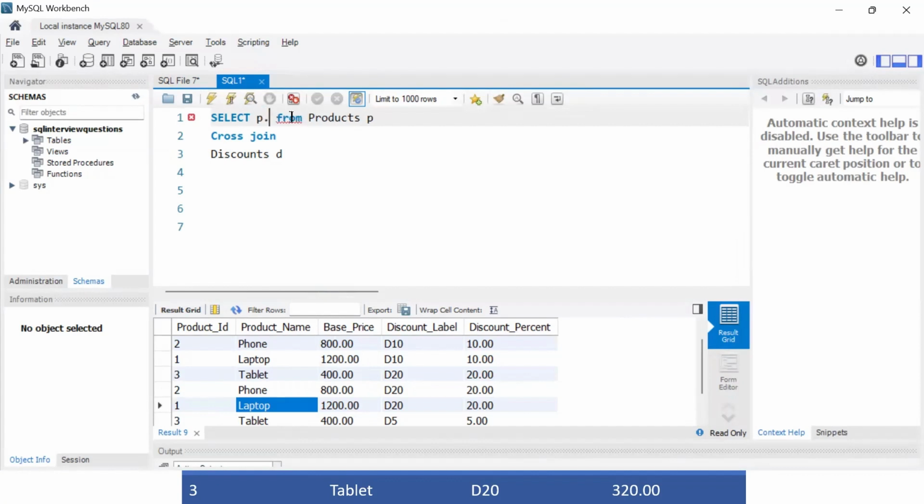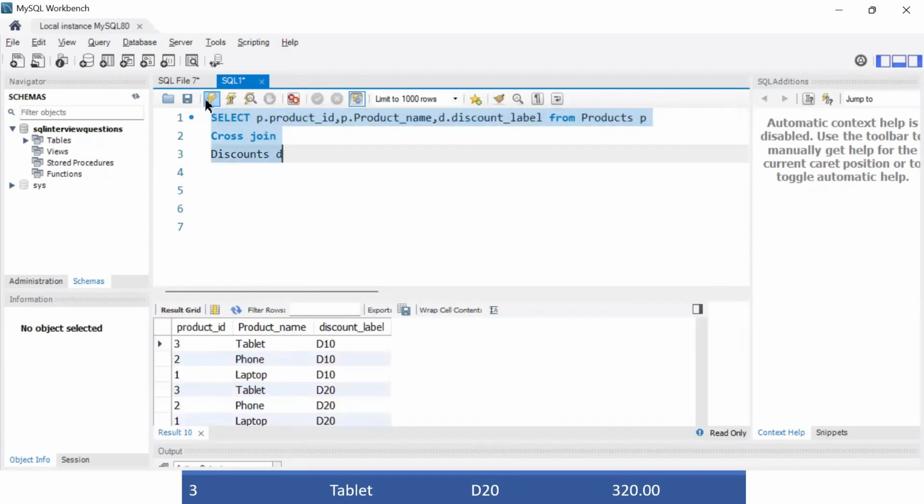And here I'll say p dot product underscore ID, p dot product name. Also, we want the discount label, so d dot label. I hope there is no syntax error. Let me quickly run it.